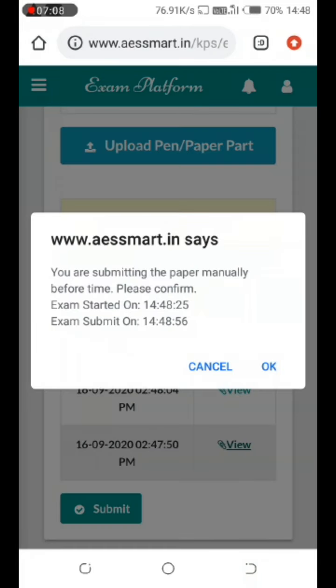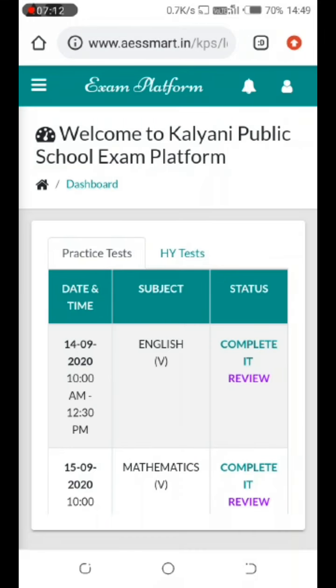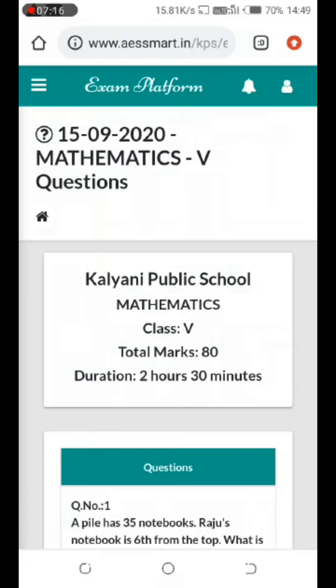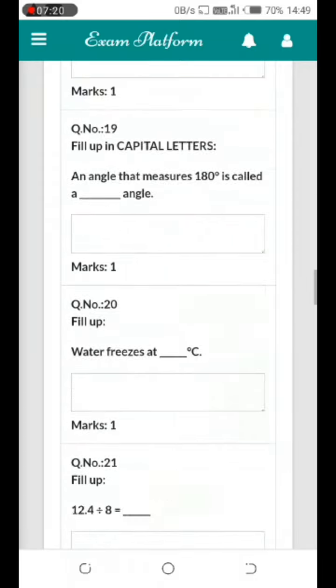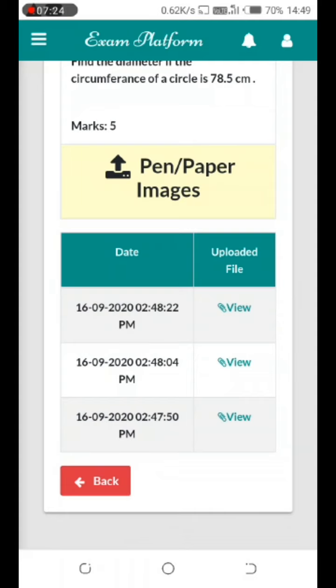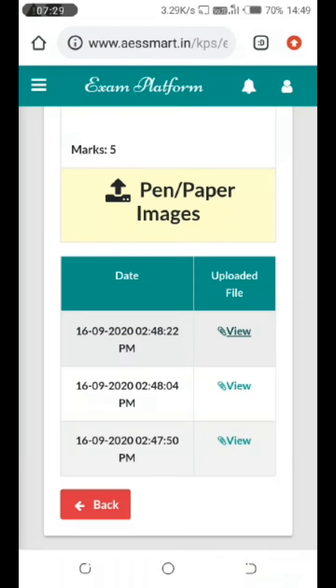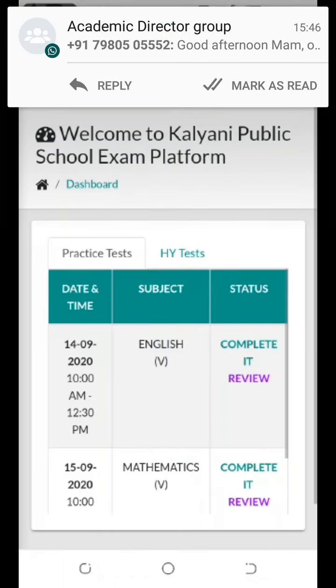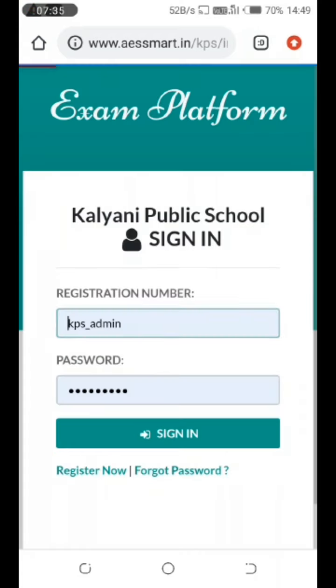Right, now click submit. Click OK twice. Now your paper is showing complete. Okay, I have clicked the review button. The status of the exam, when it will show scheduled, when it will show completed, will be conveyed to you